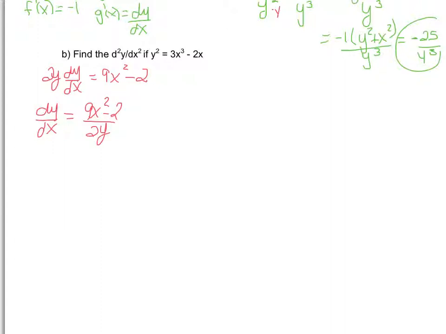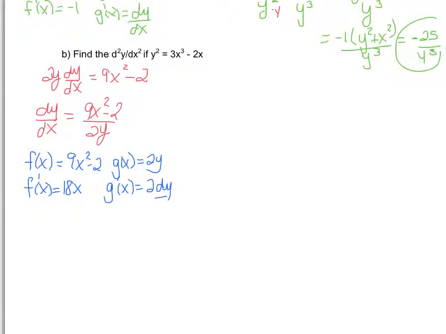Now once again, in order to find my second derivative, I'm going to need to use the quotient rule. My first function is 9x squared minus 2. The derivative of that is 18x, and my second function is 2y. The derivative of that would be 2 dy/dx. And then going ahead to follow my quotient rule, I can say that my second derivative is equal to the